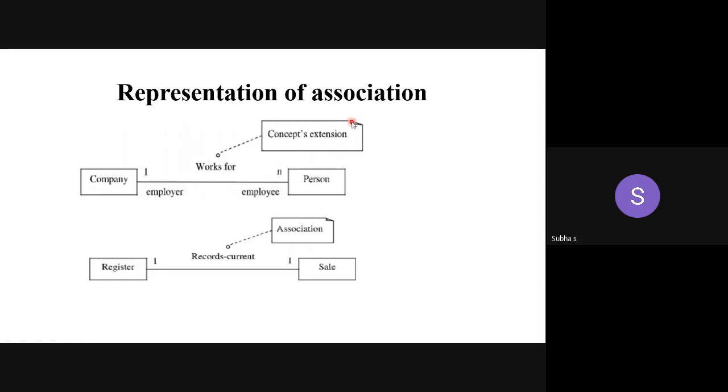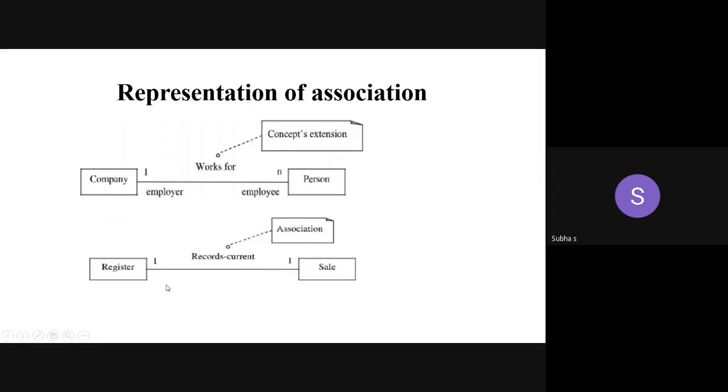This is called the dog-eared symbol, a dog-eared rectangle. You have to make a slight tilt here. It's not a normal rectangle. A normal rectangle denotes the class. You just make a tilt in the top right corner only. That is the notation for the note symbol. Then you relate this note with the particular word or class through normal dotted lines, not any arrow mark or anything. You have to be very careful with these notations.